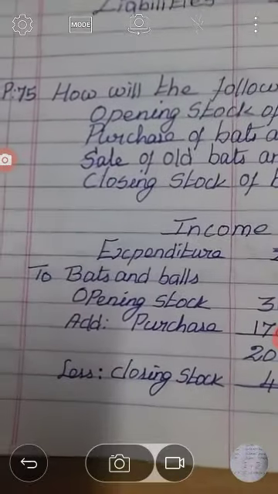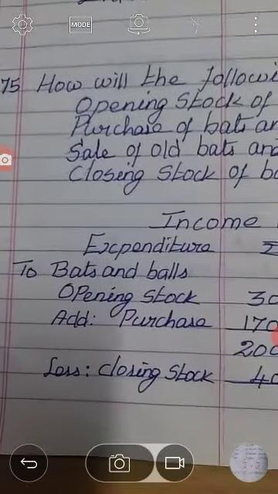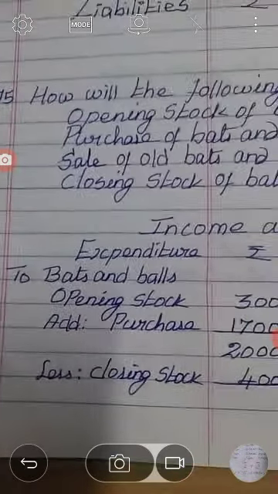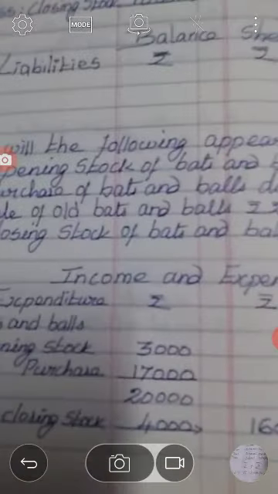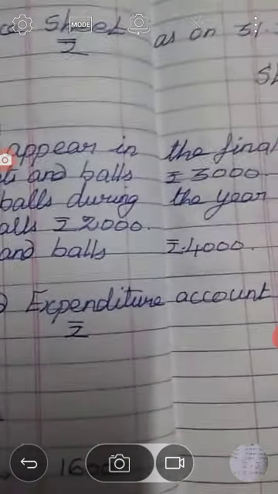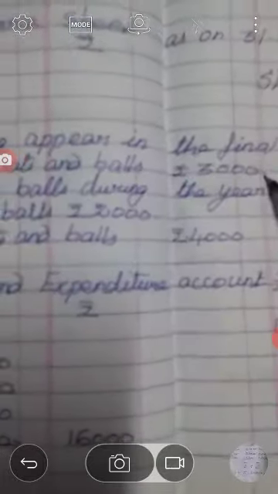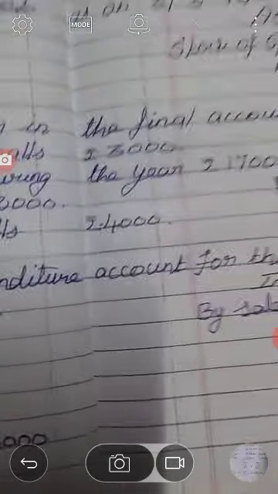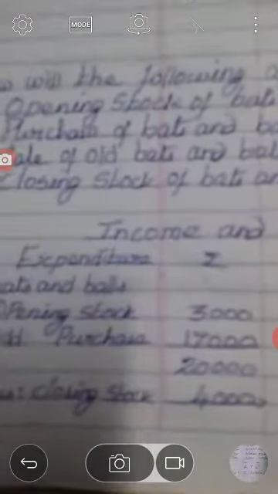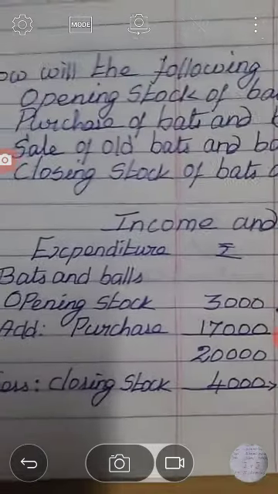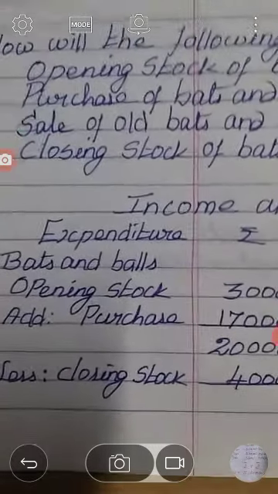So on the expenditure side, put a heading: to bats and balls. The opening stock of bats and balls is 3,000. Purchase during the year is 17,000. So opening stock 3,000 and purchases 17,000, total